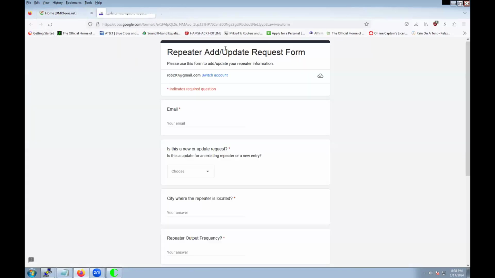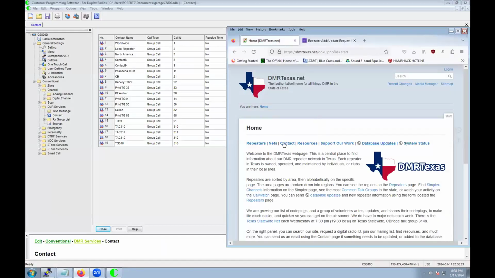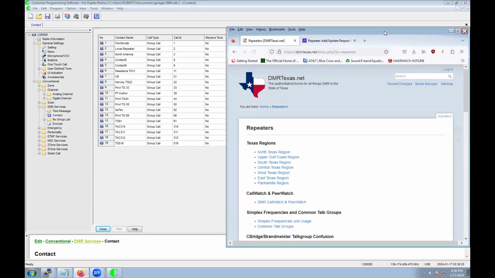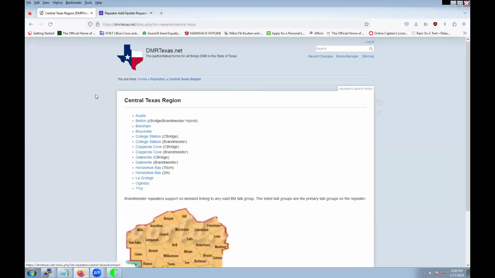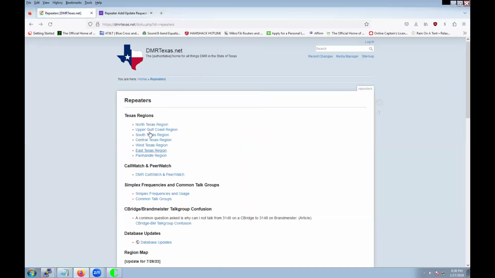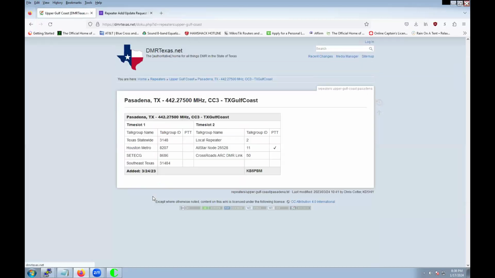Repeaters. I can't see the top of my screen. Yeah, oh, there we go, right there. Go to Upper Gulf Coast. So here again, go to Pasadena. Okay. So I want to access these talk groups, so I'd have to either write them down